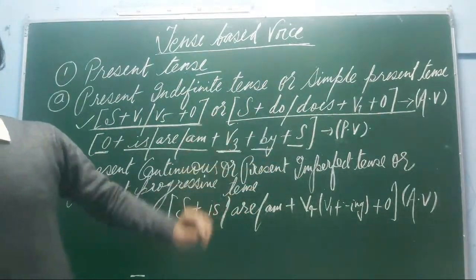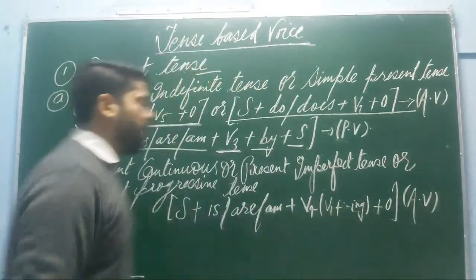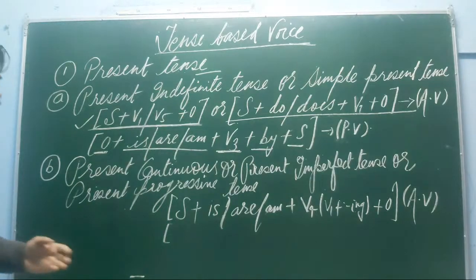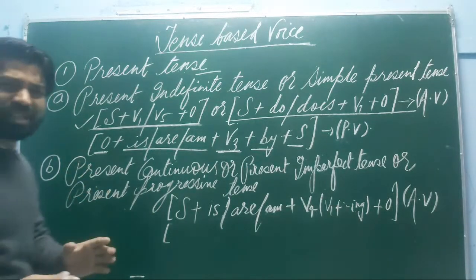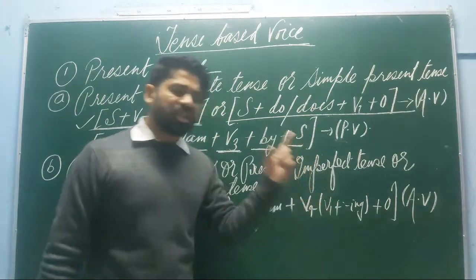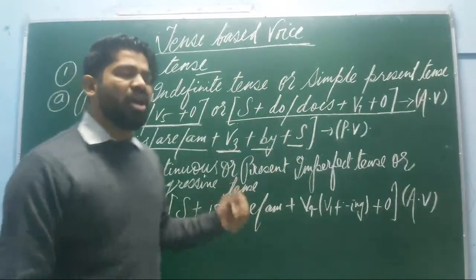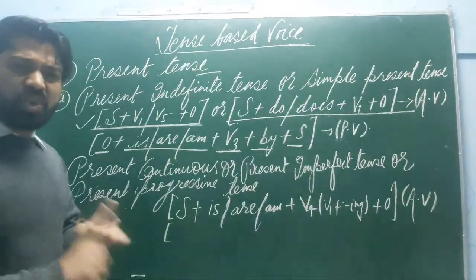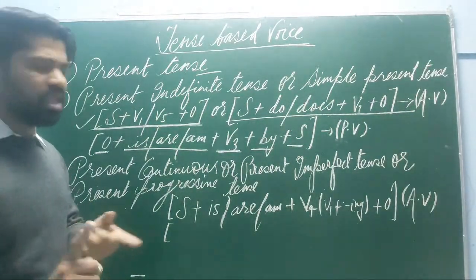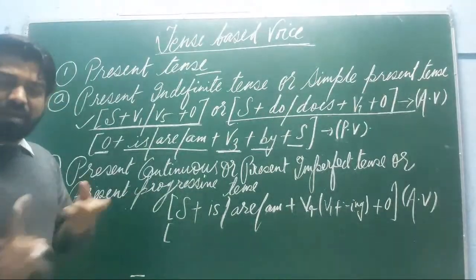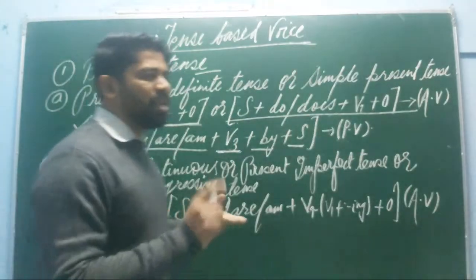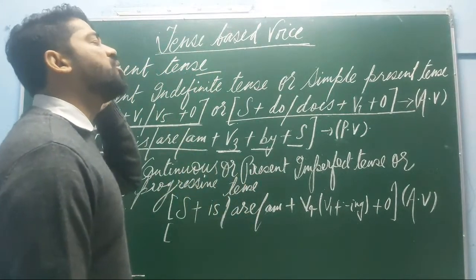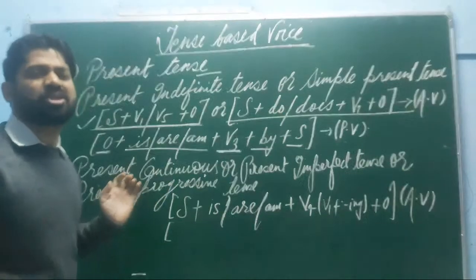This is for the active voice, what I have written here. Now coming to the structure for the passive voice, that how you are capable of converting the sentences of the present continuous into passive voice. There is the use of V4, that is V1 plus ing. Now here, wherever in the sentence there is the use of ing, always for the passive conversion there is the use of being plus V3. So this one is the basic thing that you need to memorize, that for the present continuous tense there is always the use of being plus V3.